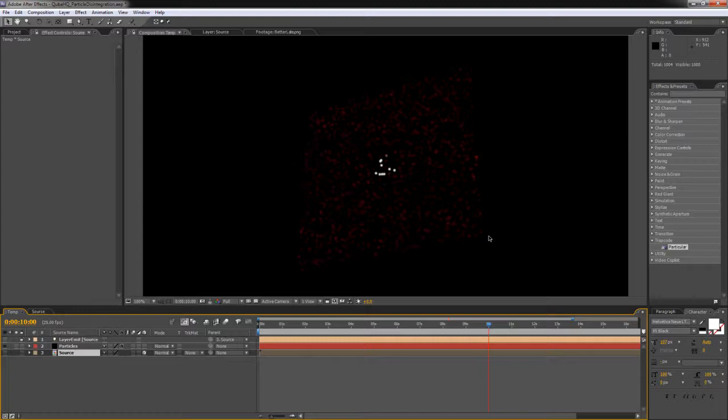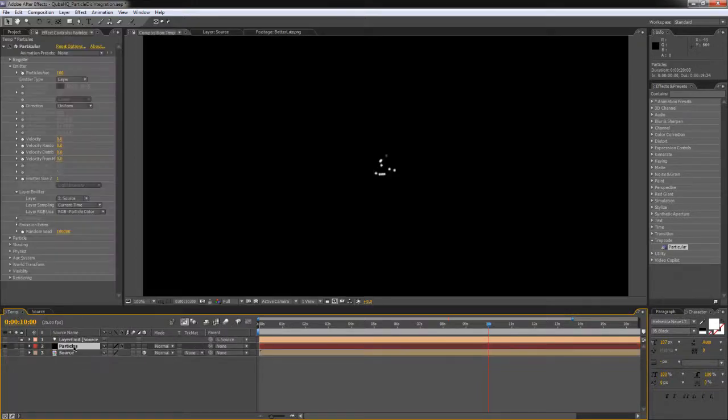And this is exactly why so many of the Particular dispersion or disintegration methods are so inefficient. Particular will keep on emitting all these invisible particles, and especially when you deal with bounce physics, it will calculate their position, their movement, bouncing off the floor, collisions, and all that, even though they're invisible and you don't see anything on the screen. If I wanted this letter A to become visible right now, let's see how far we need to push